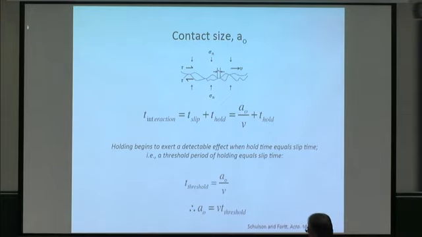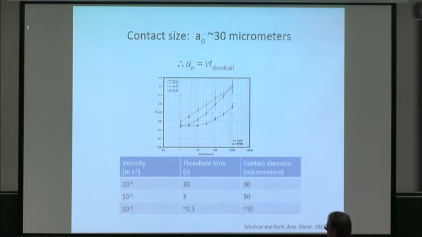You saw the threshold that had to be met before there was any detectable measurement. So if we set the two equal, it tells us that the size of the contact is given by that simple relationship, which, if you put in the numbers again, and here you see that threshold particularly clearly at the lowest speed of 10 to the minus 6. And I've listed here the threshold times for the different speeds. You come up with in each case a contact diameter of about 30 micrometers, which tends to fall in the range